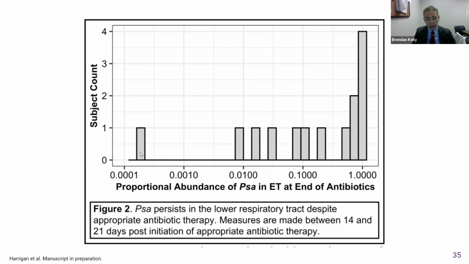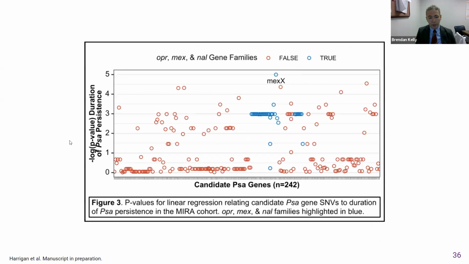So many subjects have just down to 1% abundance of Pseudomonas in their lower respiratory tract. And so we were interested in looking at how this related to risk for recurrent infection. And it turned out that these subjects did in fact have a higher risk of recurrent infection. That is, persistence of Pseudomonas at the end of treatment, measured by sequencing of the lower respiratory tract, does predict risk for recurrence. And so we wanted to dive in further and figure out what was driving the persistence of